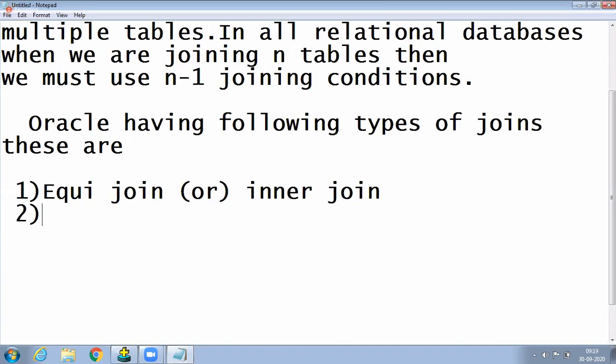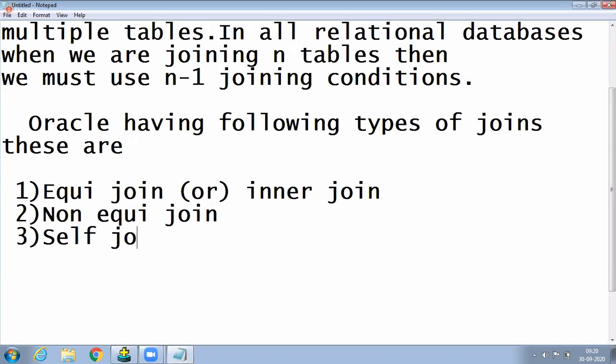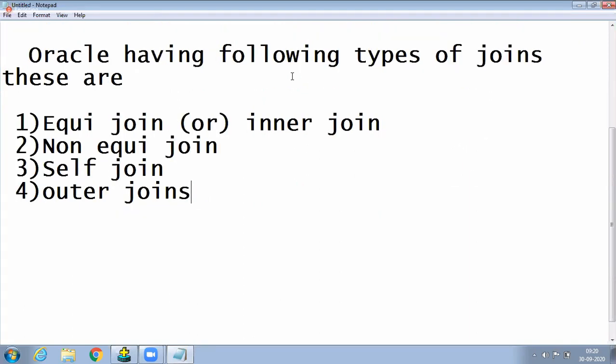What does join mean? A where condition. Don't worry. Another join is the non-equi join, which Oracle also supports. Another join, the third one, a difficult one, a very big concept, is the self join. Another join is the outer join. These are the four joins available on the Oracle side. Write it. Oracle has the following types of joins.